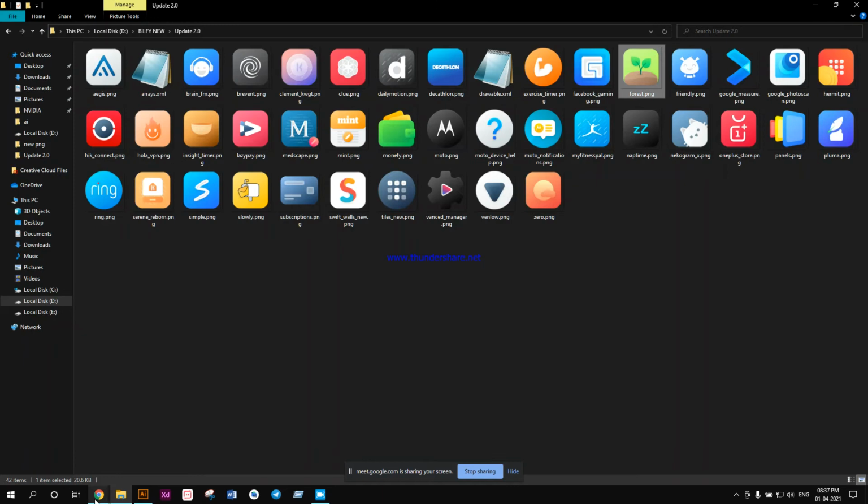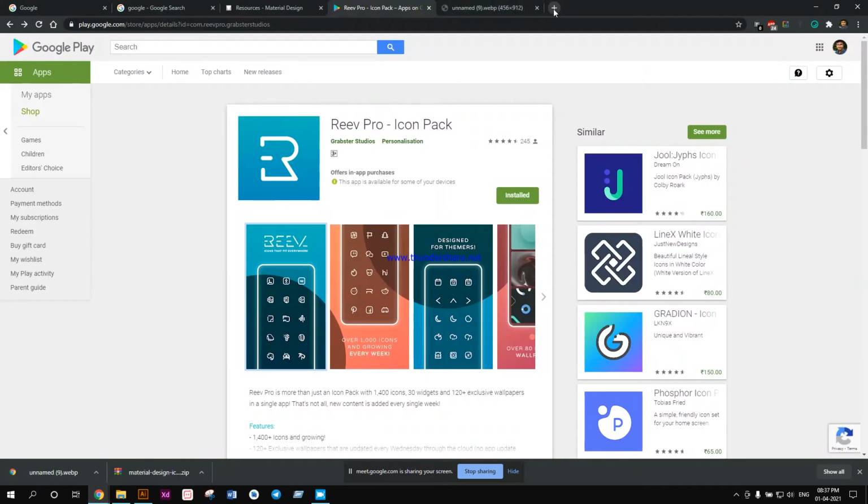Okay, let's start off with today's design. For today's design, wait a bit, because I want to design for the next Bilfi update. So I have to design something that was requested by users for the next update.